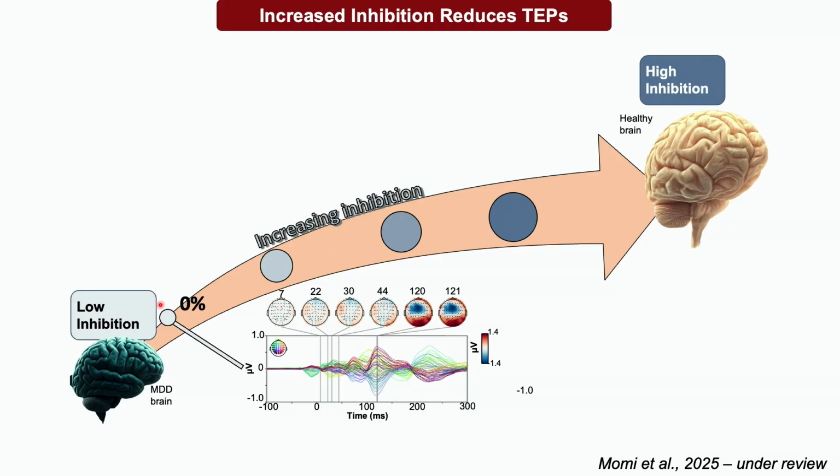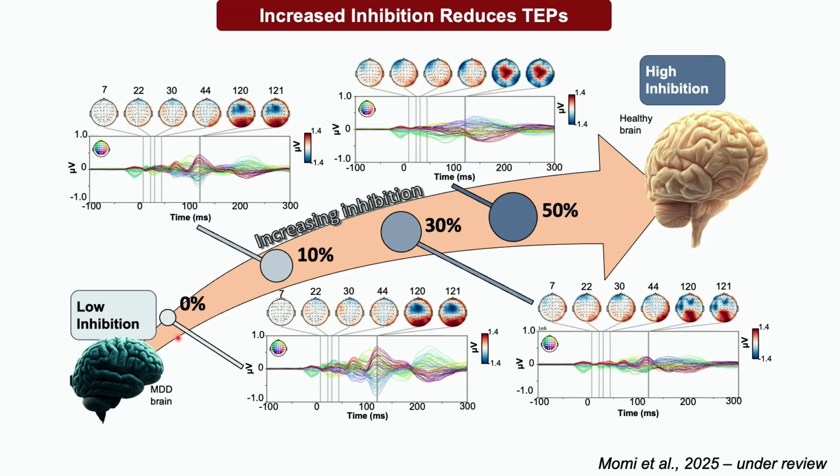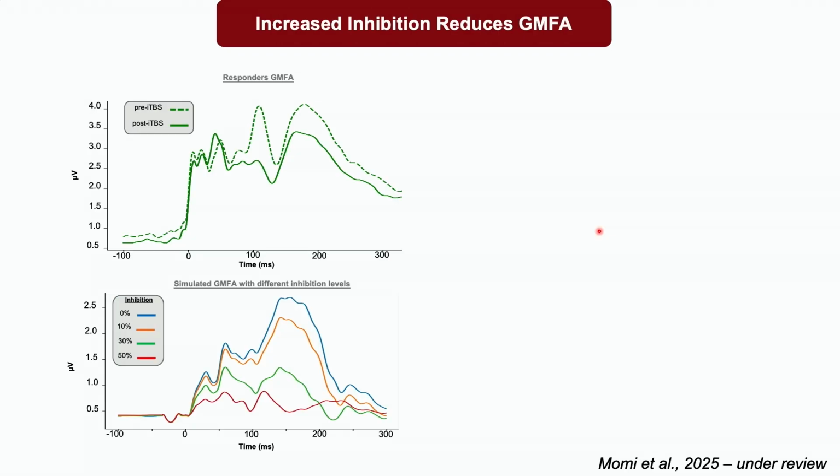With the model, we took this parameter, and specifically one patient's brain. So this is one patient's brain, and this is the time series, the simulation with the standard inhibition. With the model, we can tweak the parameter, and specifically we can increase inhibition by 10%, 30% or 50%, and show how this affects the evoked potential. And you see a reduction in the amplitude. Interestingly enough, this was also what has been shown in the literature, but also in